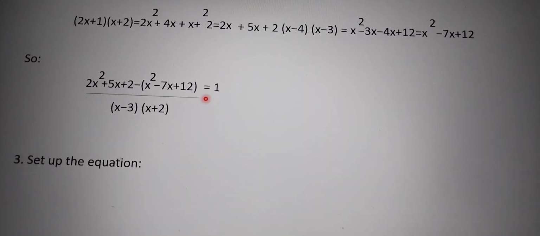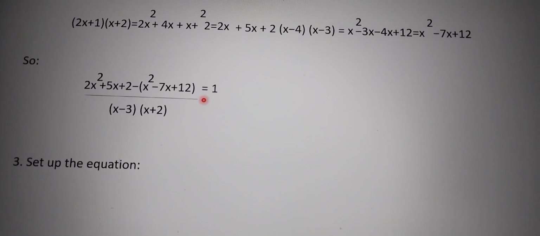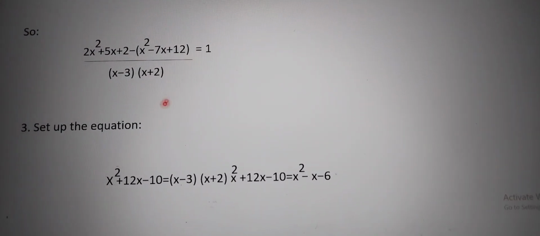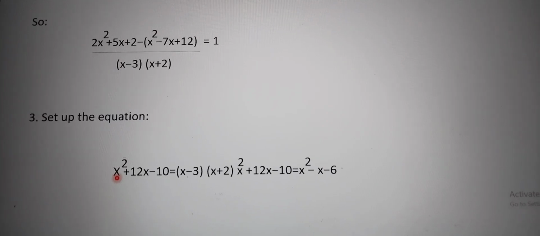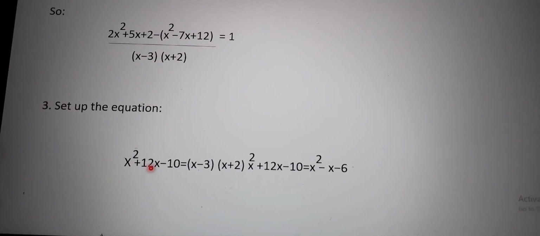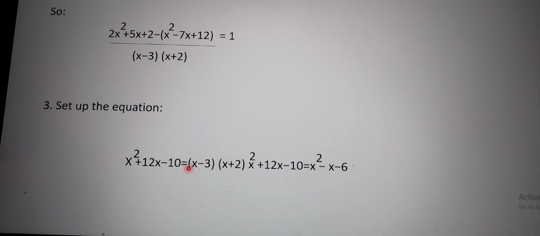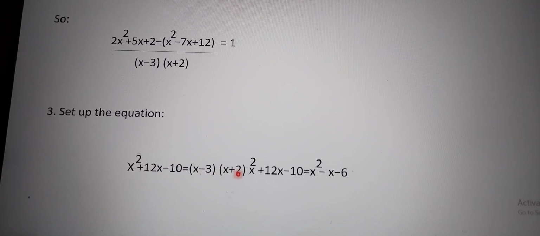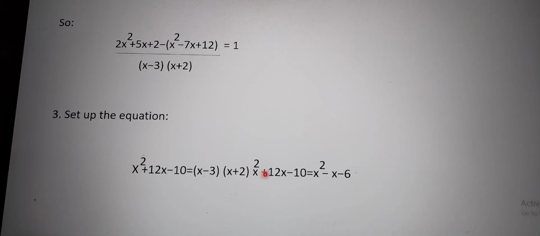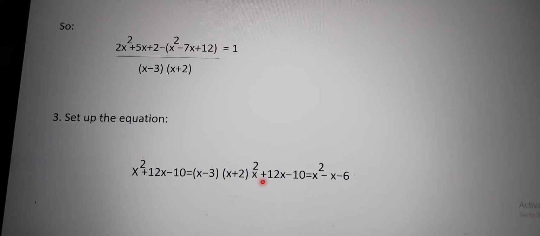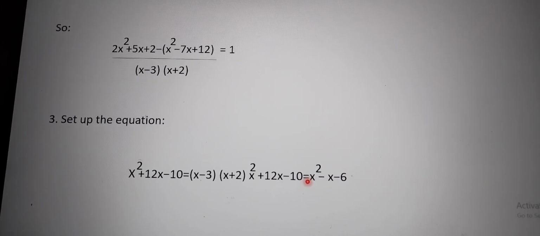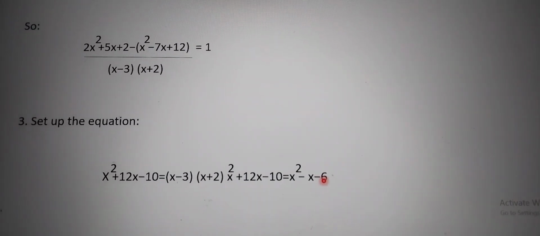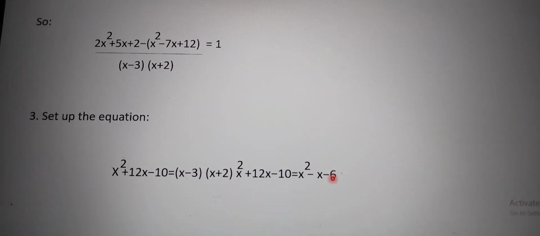The third step is to set up the equation again. When we set up the equation again, it will be easier this time, right? x squared plus 12x minus 10 is equal to, in a bracket, (x minus 3) multiplied by another bracket that has (x plus 2), then x squared plus 12x minus 10 is equal to x squared minus x minus 6. So since we have simplified it and set up the equation, let's move to phase 4,